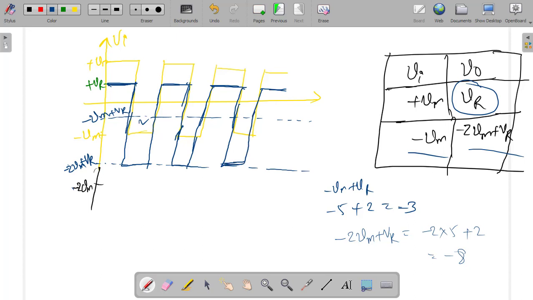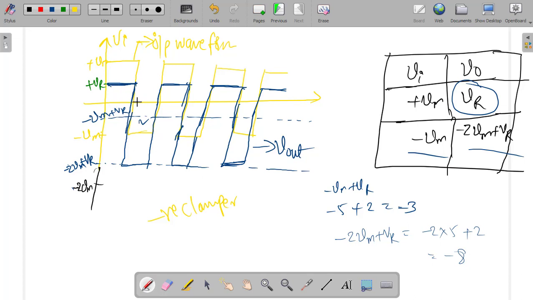This is nothing but your output voltage. Now this is my input voltage. The input voltage is denoted with yellow color, and in blue the output voltage is represented. This is how you will obtain the clamper output. This type of clamper is also called a negative bias clamper because the reference voltage is there, hence it is biased.